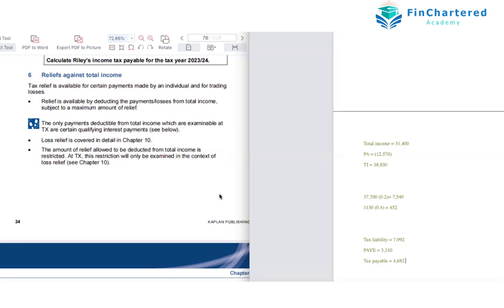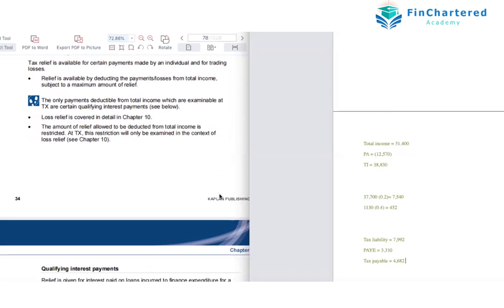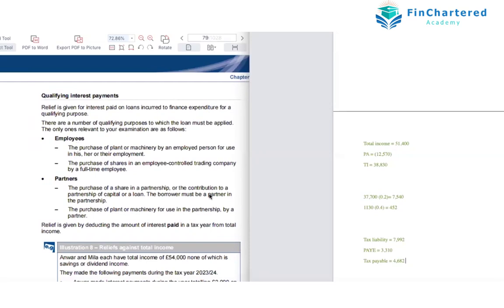And when will it qualify? If it is for work related purposes, when the loan is for work. So qualifying interest payment is basically when you pay interest on a loan. When will it qualify? It will qualify when it is for work purposes. Otherwise, you will not get any relief on that. But if you have taken a loan for work purposes and you're paying interest for that, then you will get